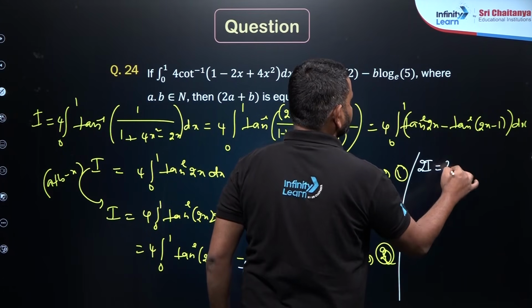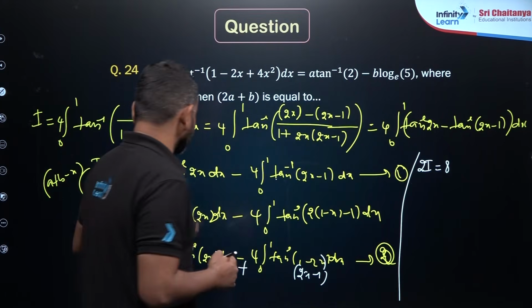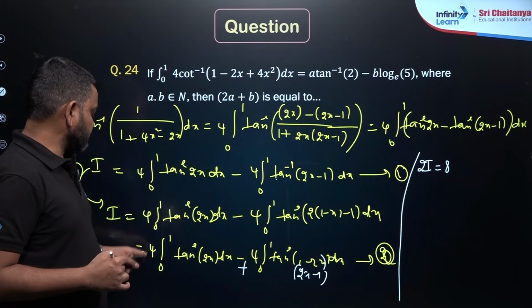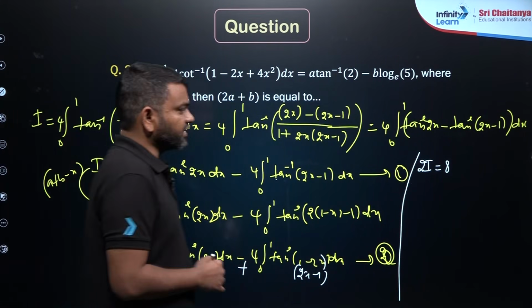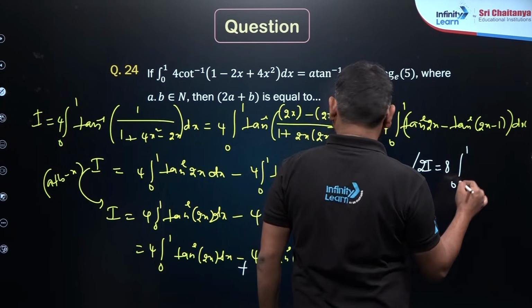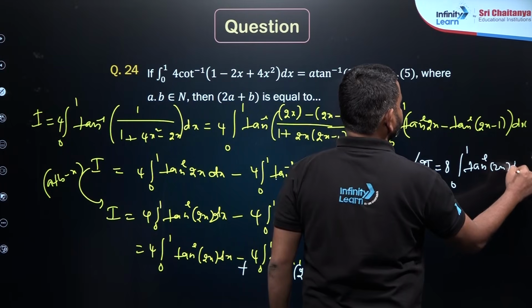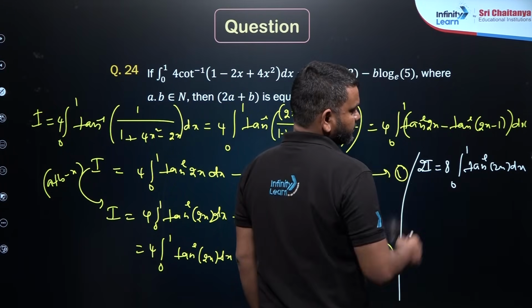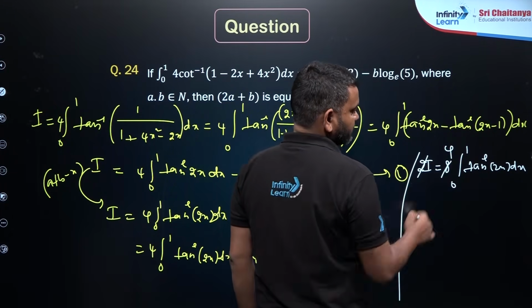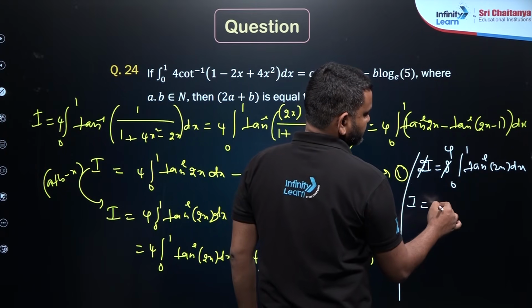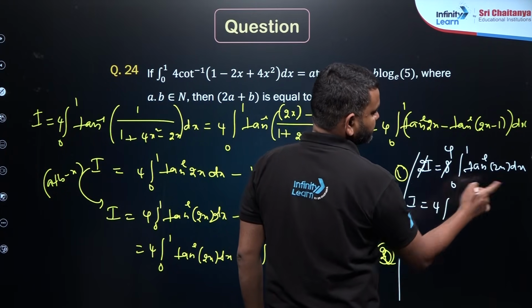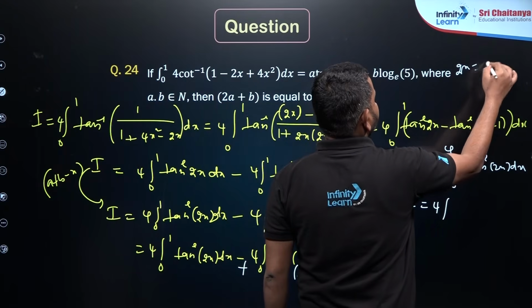2I is equal to 8 times, because these two are going to be added, so 4 plus 4 is going to be 8, and here the integral from 0 to 1 of tan inverse of 2x dx is there. So use the ILATE rule. Here it is going to be cancelled as 4. So I is equal to 4 times, one thing I will do, 2x is equal to, I will take